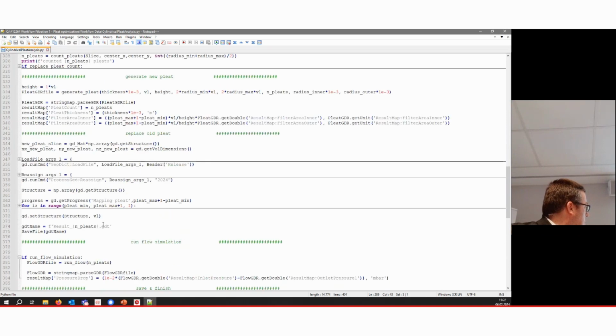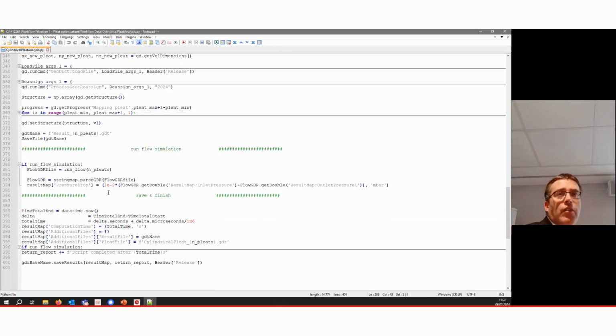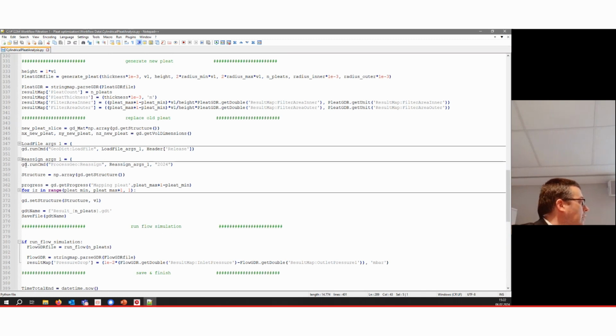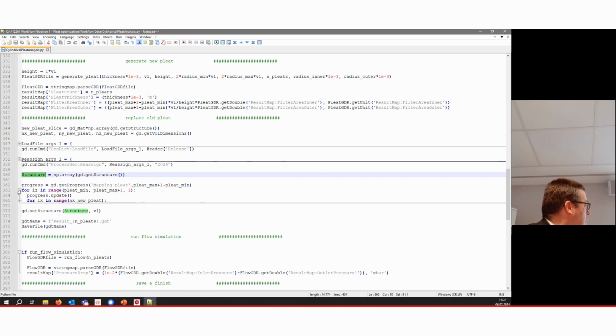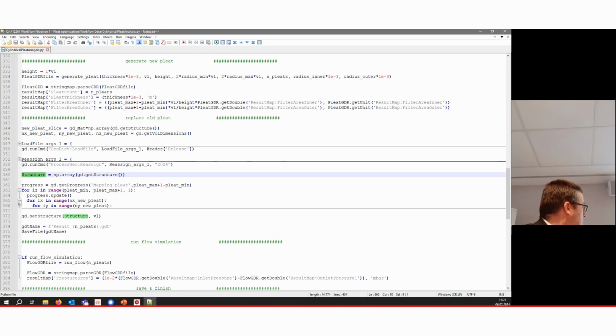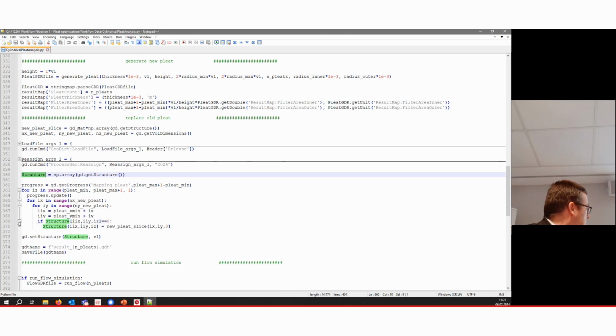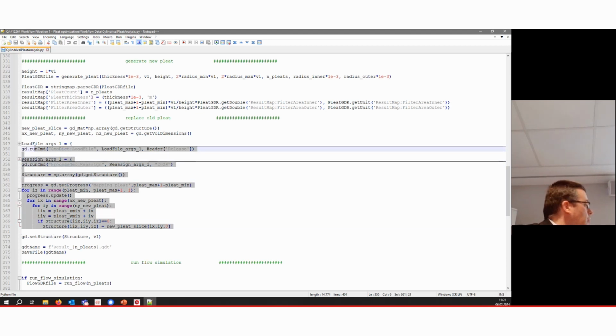You can see here that, don't be intimidated by the lengthy script on that. You can see that you can do anything in automation from the script. You can run geodig commands like reassign and load files. You can access the volume fields, as I mentioned, to get here, for example, the setting of the new pleat into the old one. That's actually the loading file to load the initial structure, then removing the old filter and setting the new filter, and that's just those few lines here.